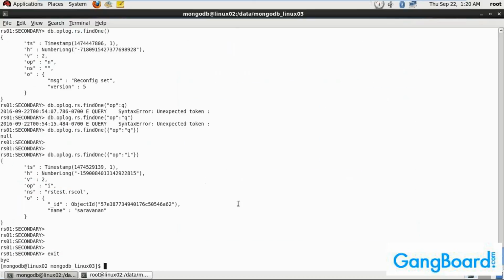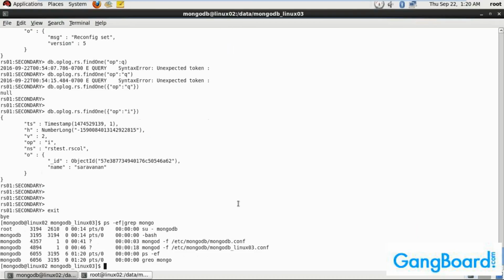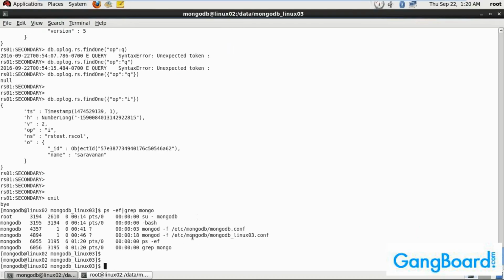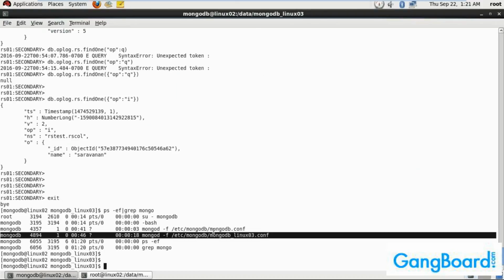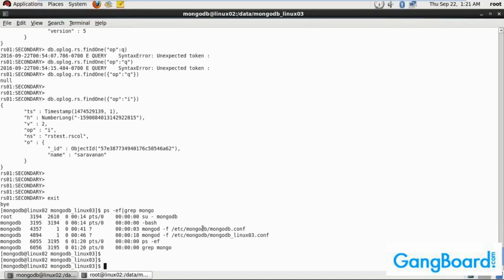So you have to do this in a rolling fashion. Rolling fashion means you have one primary and two secondaries, right? So what you have to do is start with the last secondary. I think this is the arbiter node. We don't need to change this one. So you have to start with one secondary. You need to stop the secondary, then change the YAML file and then start with the new Oplog size. Once this is done,